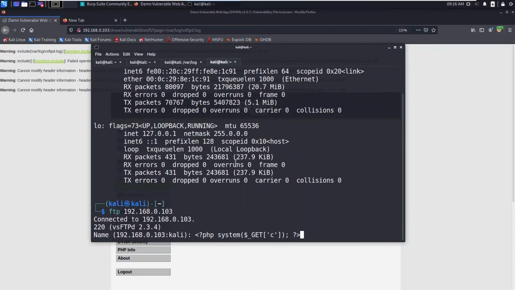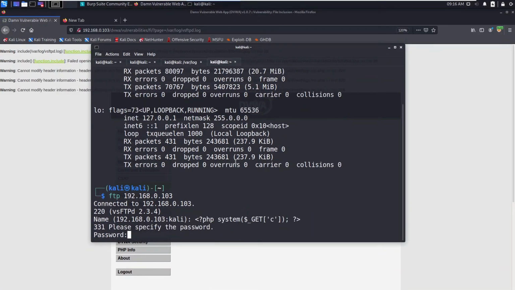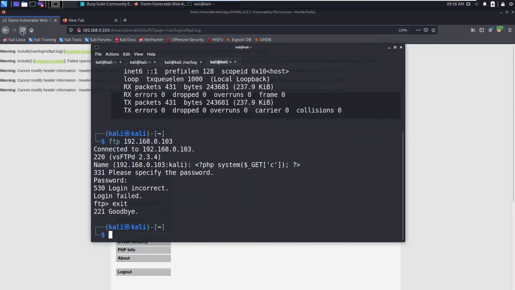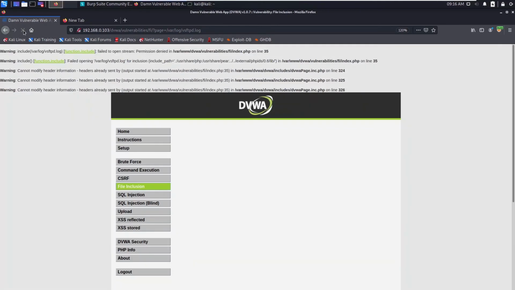So it will be logged into the server and say password blah blah blah, and you can see exit. Now you can normally refresh this page and send ampersand c equals your netcat reversal. So in our case the permission has been denied.